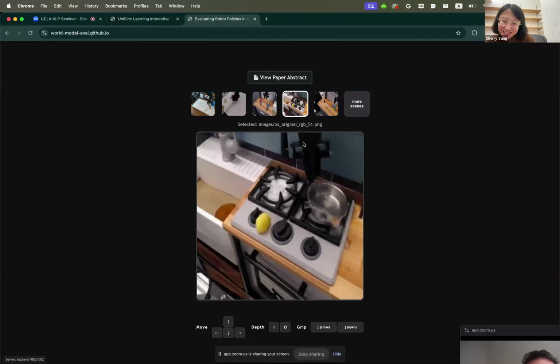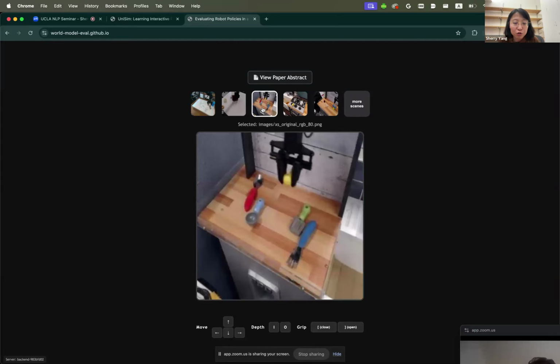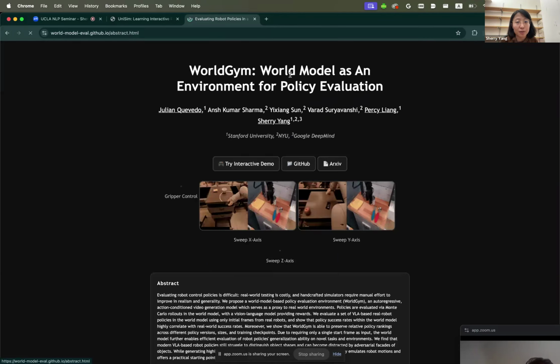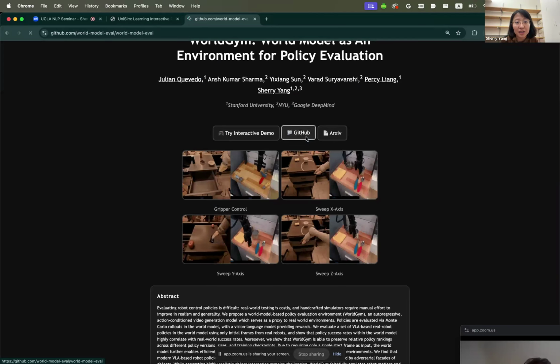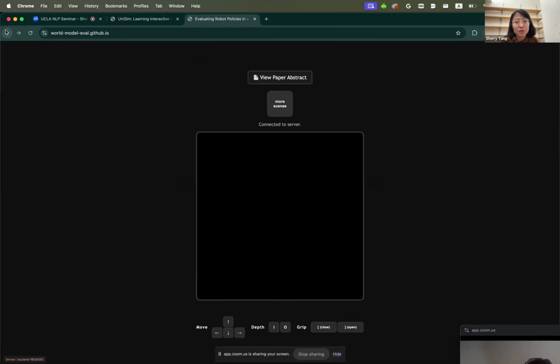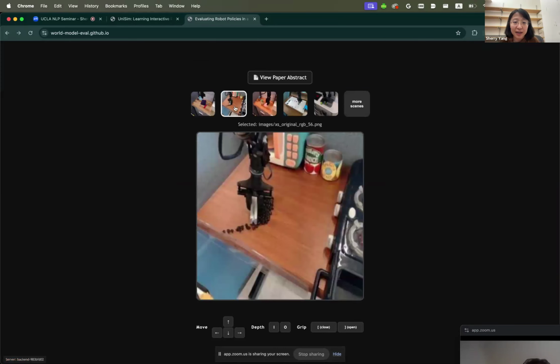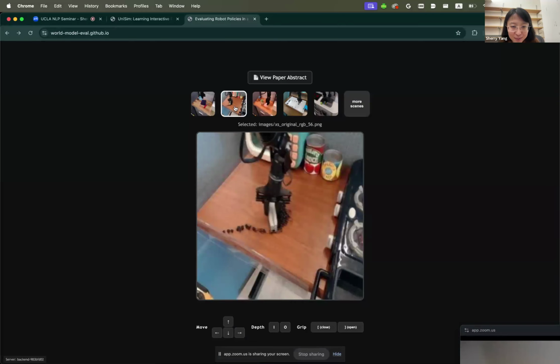Anyways, so you can see, okay, we try to open the gripper. It tries to grasp this. It's not perfect, but it's a 600 million parameter model that's trained on 2 A100s, right? So if you're interested in world modeling, it's not some work that has to be done at big frontier labs. The code and data is available. You can go to the website, check out GitHub, start training this model yourself, right? So the point being, this is an example that kind of works well.